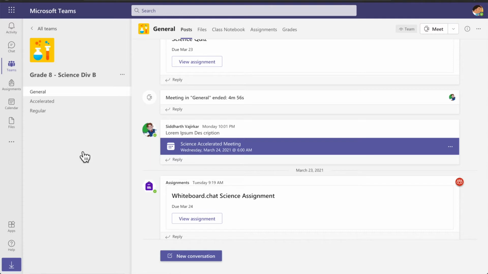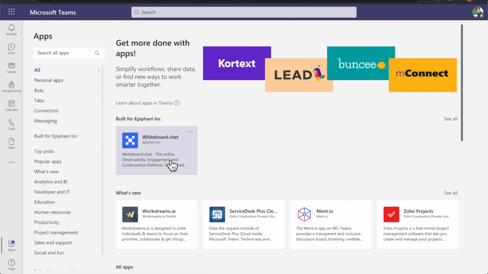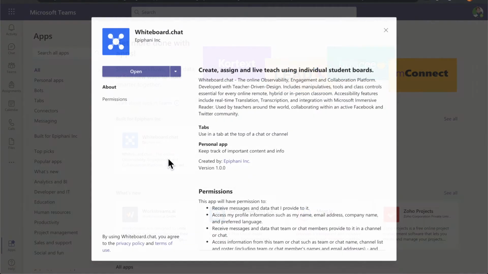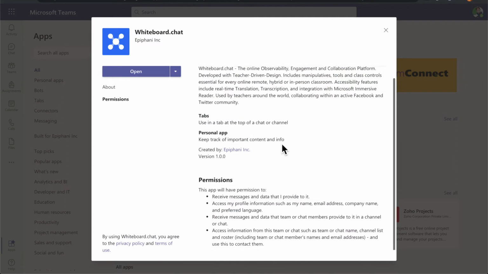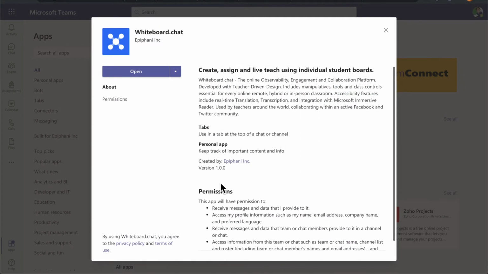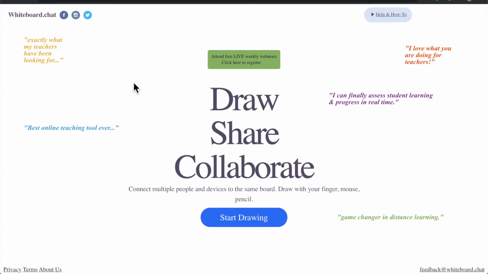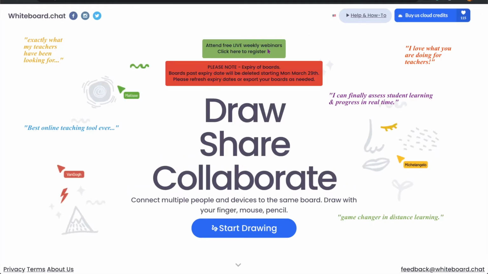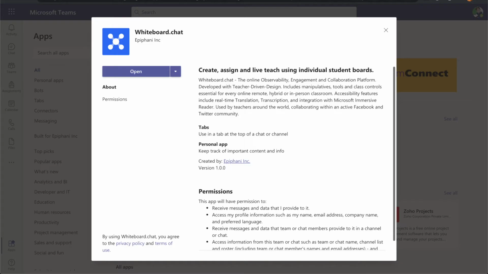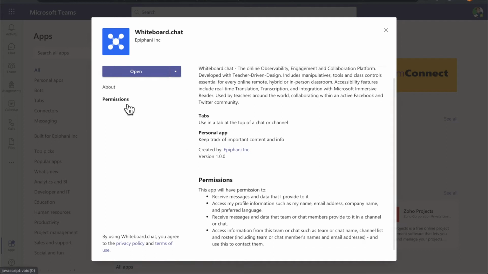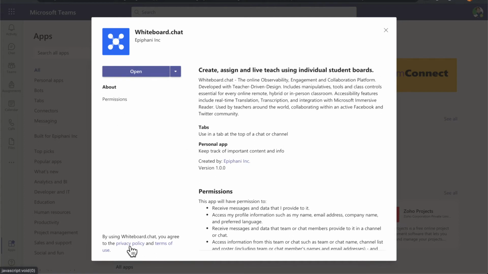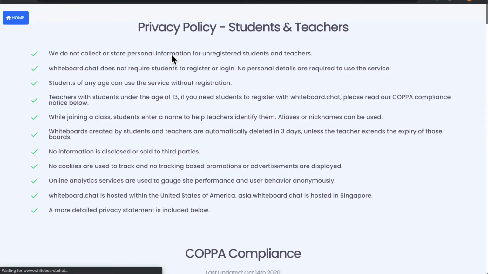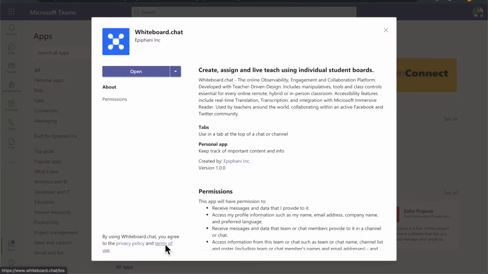So let's switch back to my Chrome, which is running the teacher. This is the app that we're going to now load up. The welcome panel here shows all the links working. This takes us to the company page. Then we have the other links as well that we can click through. There are the permissions here that you see. We have the privacy policy that is linked as well, and so is the terms of service.